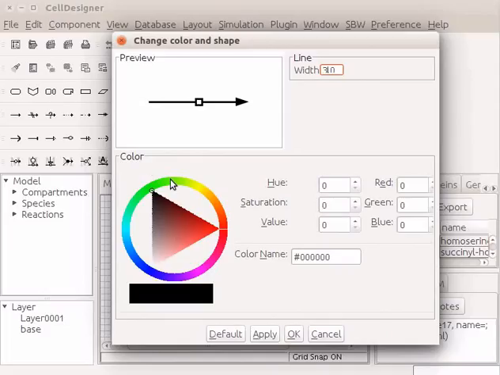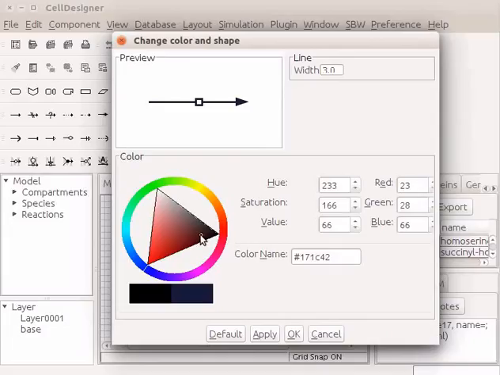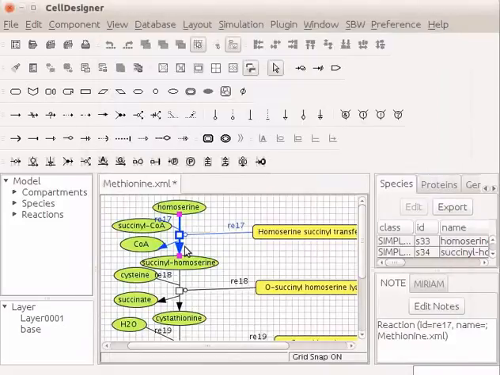In the Color panel, we can see a color wheel with a pointer-like handle. Click and hold the pointer and rotate to select the preferred color. I will select a shade of blue. Next, click anywhere inside the colored triangle. Now, click and drop the small circle at the pointer. After all the modifications are done, click on Apply and then on OK. Observe that the reaction line is now thicker and in a shade of blue.